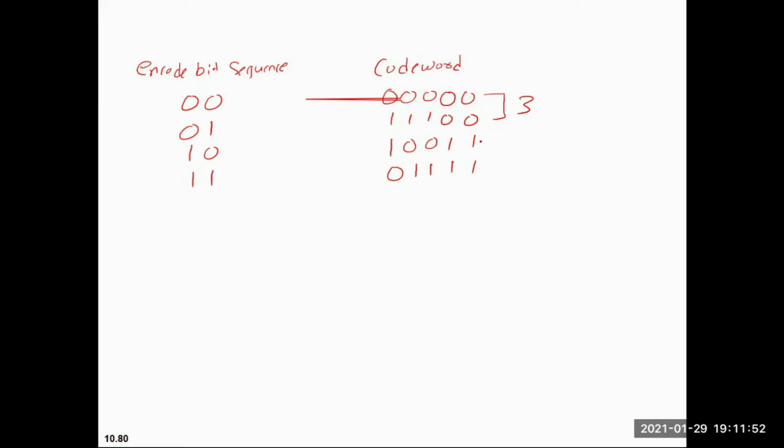In the same way, the Hamming distance between these two is also 3, between these two is 4, and between these two is 4. So these are cases where Hamming distances are 3 or more.